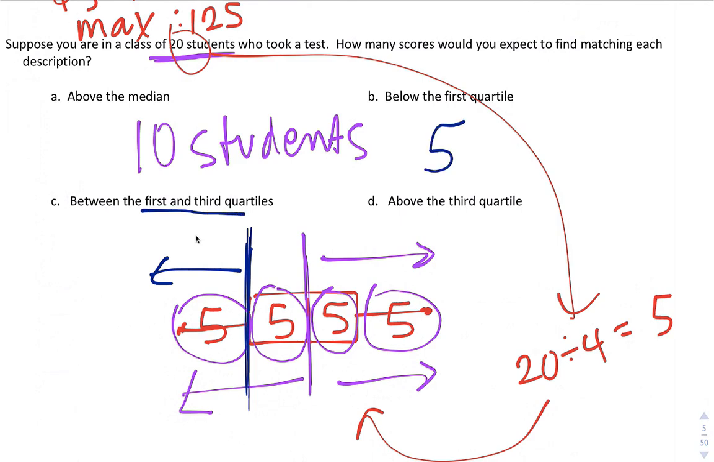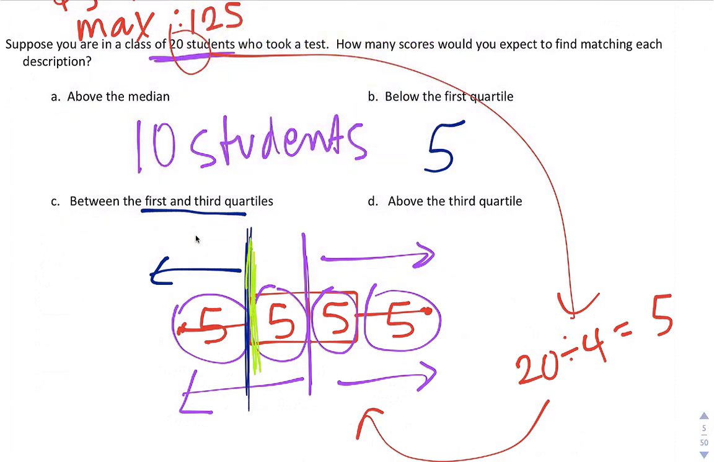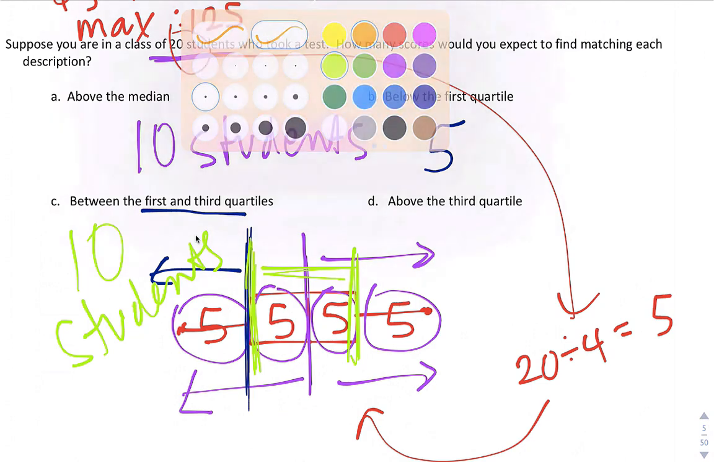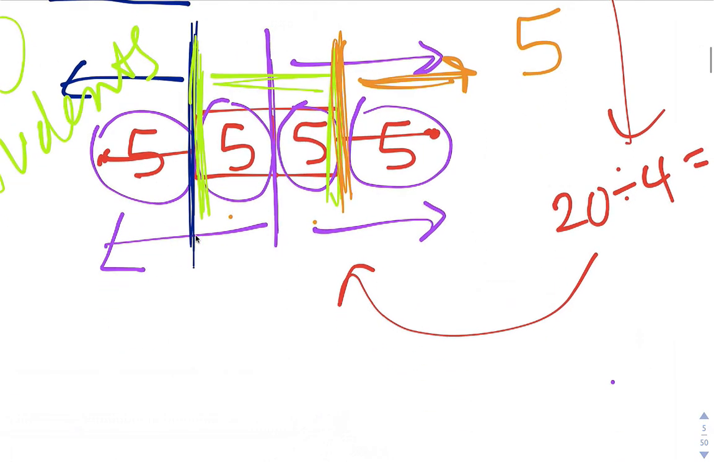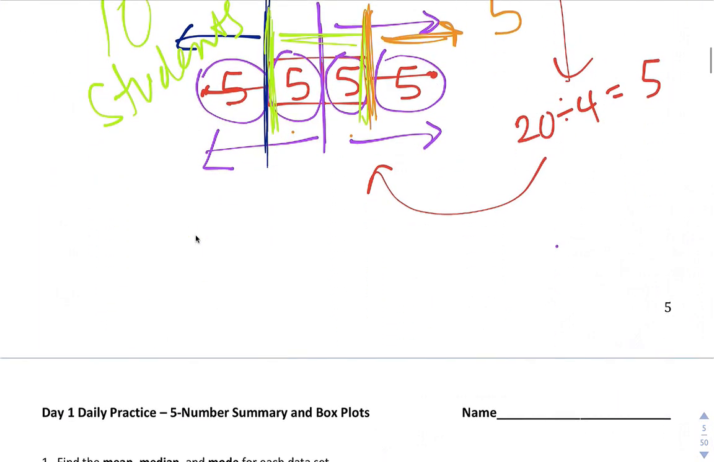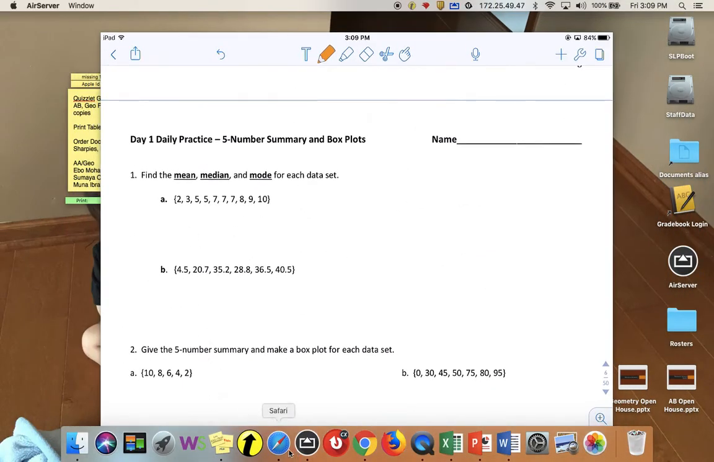How about between the first and third quartile? So here's the first quartile, here's the third quartile. Look, there's 10 students here. And how about above the third quartile? So again, here's the third quartile. How many are above that? There's 5 students above that. So when you're talking in terms of box plots, there's the same amount in each quartile. So we're able to divide the 20 by 4 and see there's 5 in each of those. All right, there's some practice for you to try, and we'll go over questions in